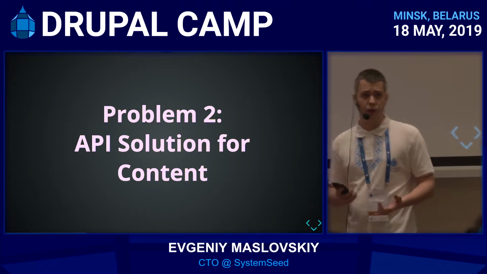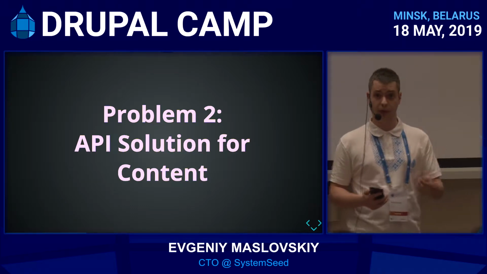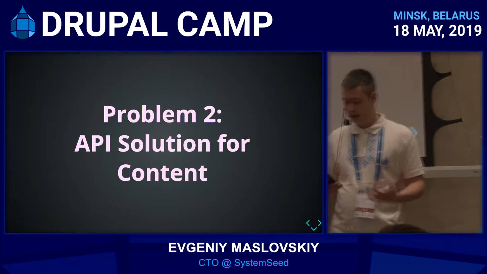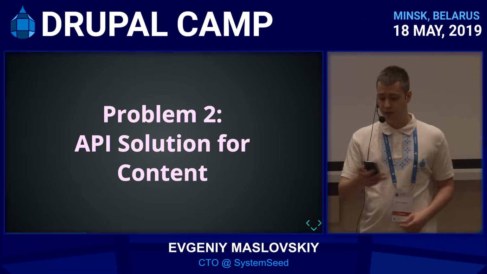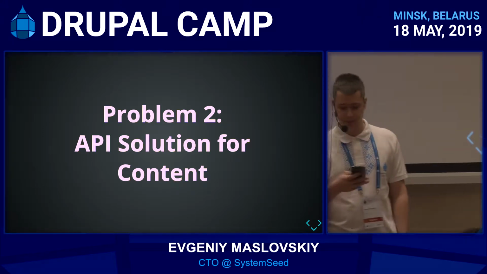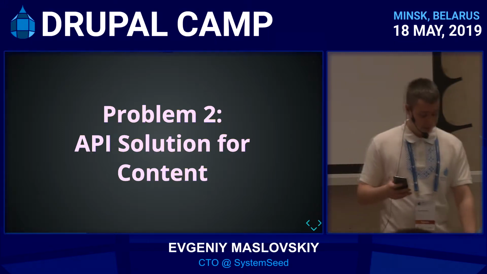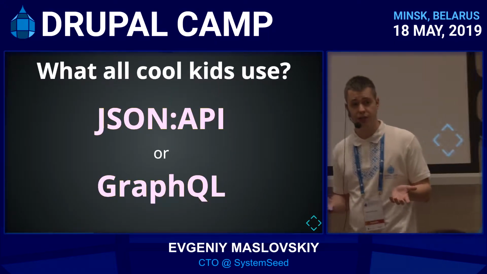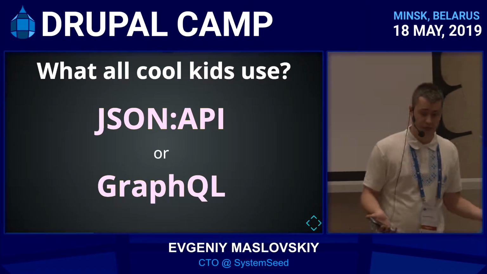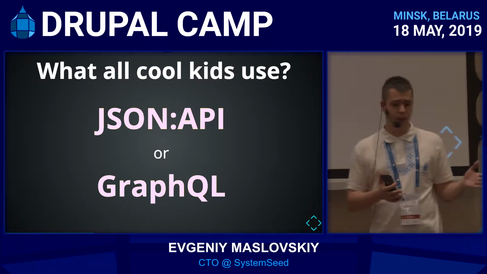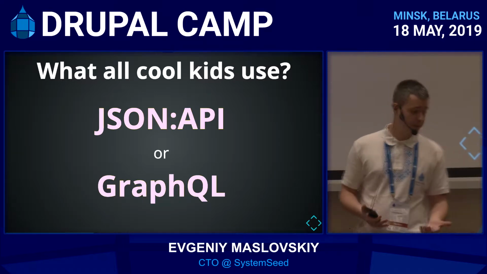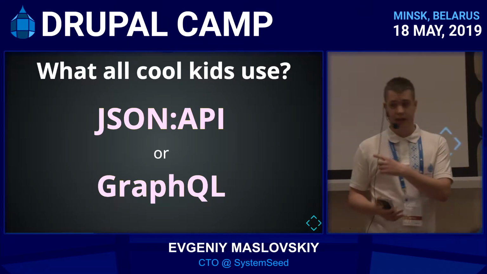That was the basis for our platform: give people a tool. Now we had to think how to expose this tool to the front-end applications to give a good user experience for people viewing the front end. What do all the cool kids use these days for decoupled? JSON API, GraphQL, which is a good way to build your API for systems by default, because it gives you tools straight away. The problem which we faced actually,